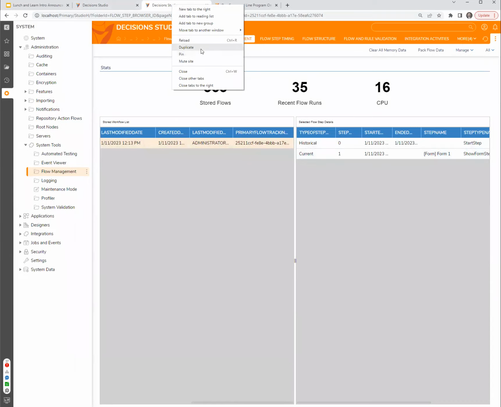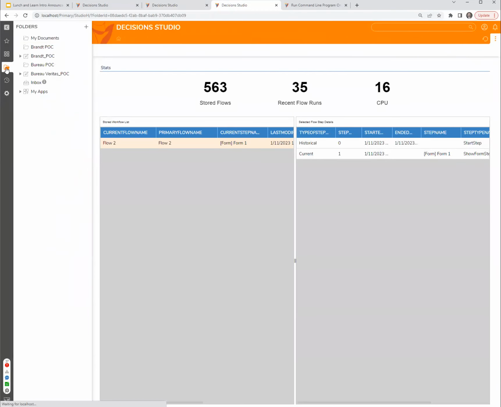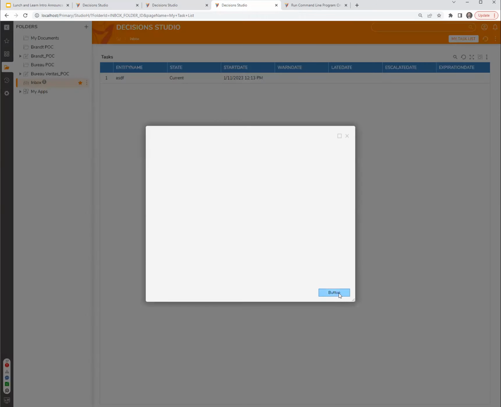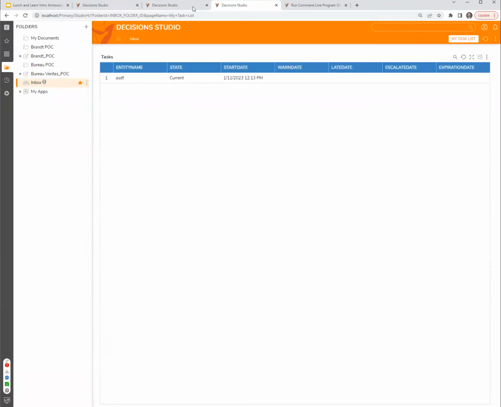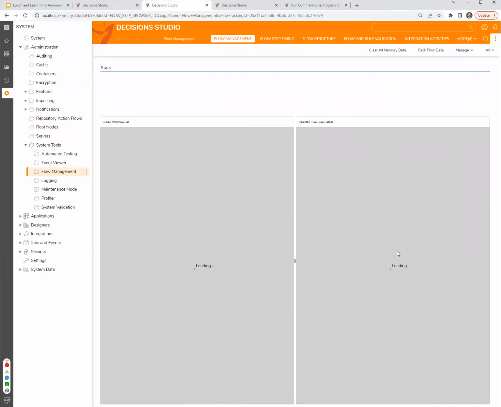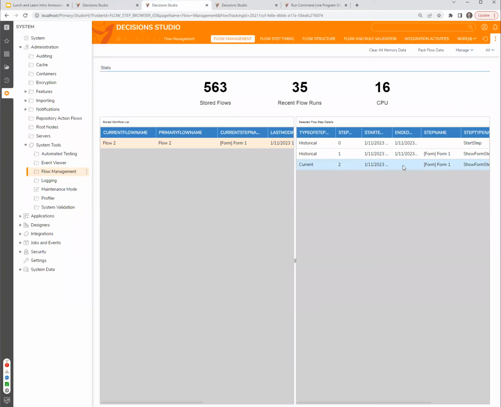So just to duplicate again and go back to my inbox, I'm just going to move that forward. And so let me refresh. Now you can see I've got a current step on form 1, which is unfortunately named exactly the same, but as a show form step, I can see the step name here, and I can see a completed one. So usually what that means is that this one, the one in your user's inbox, is probably in